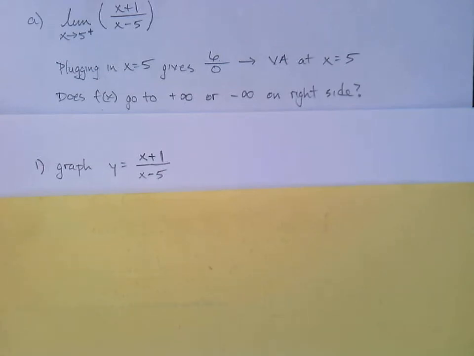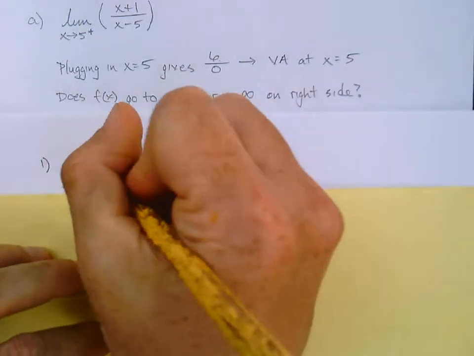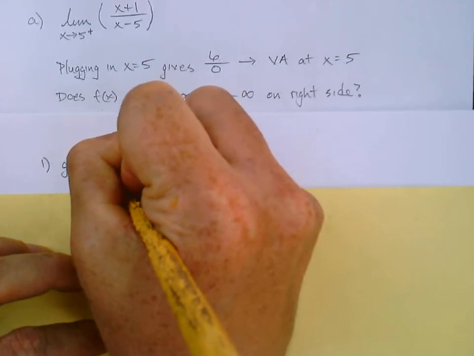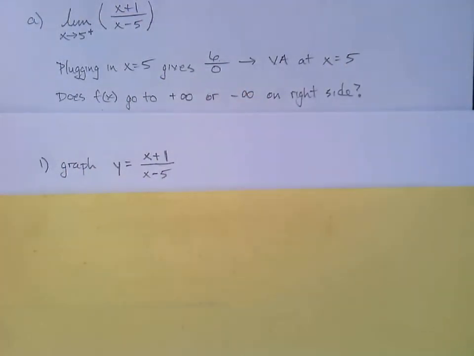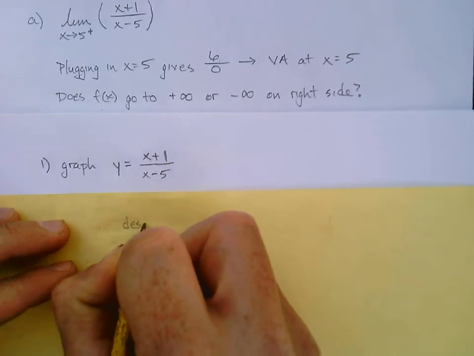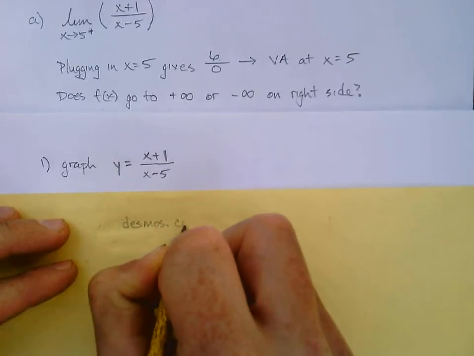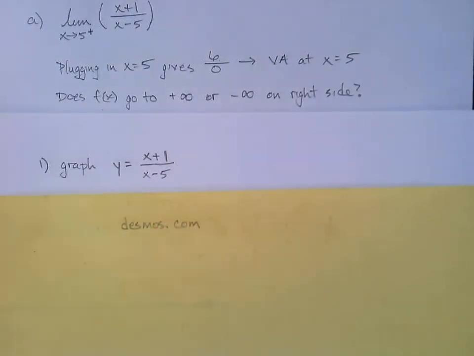So this sort of thing is going to be an option for you guys on tests. You can use the website Desmos, DESMOS.com. If you've never used that before, it's very, very user-friendly. Far superior, in my opinion, to a handheld graphing calculator. Really crisp, sharp. It's not all pixelated like handheld calculators can be. And very, very user-friendly.